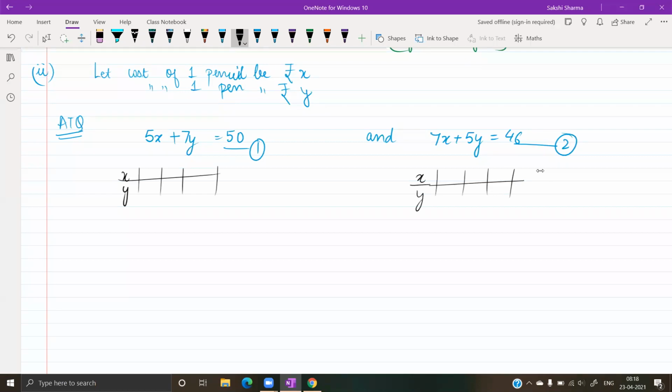Yes, ma'am. Can you tell me the values? Ma'am, X is 3 and Y is 5. Then minus 4, 10. Ma'am, 5 is the value of Y. Okay, so X is 3, Y is 5. Minus 4, 10. Then 10, 0. X is 10. Y can also be 0, ma'am, in this case Y is 0.